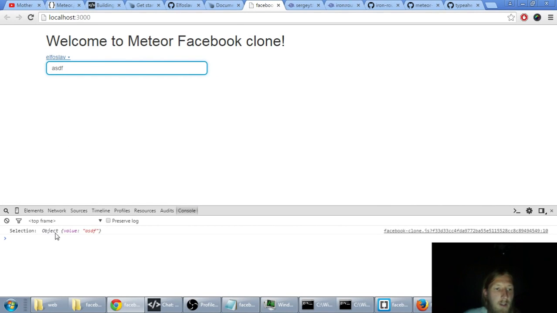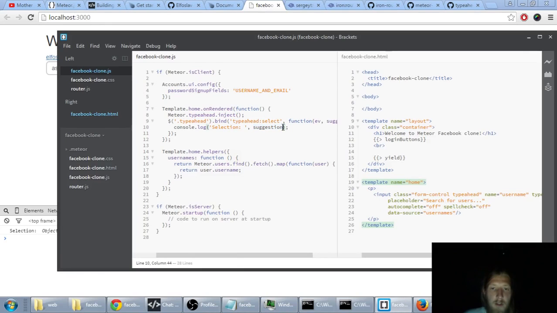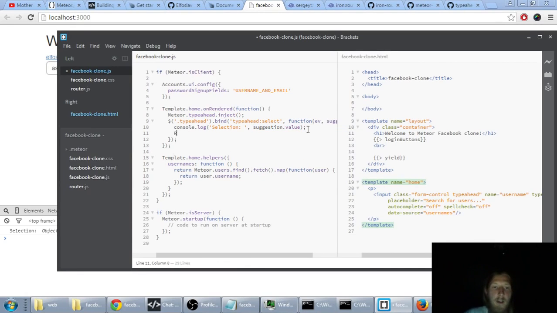Now I can see that object has property value and a key and value. And the value is username. So suggestion is object that have property value, which is actual username. And now we can use router go to go username user profile root,